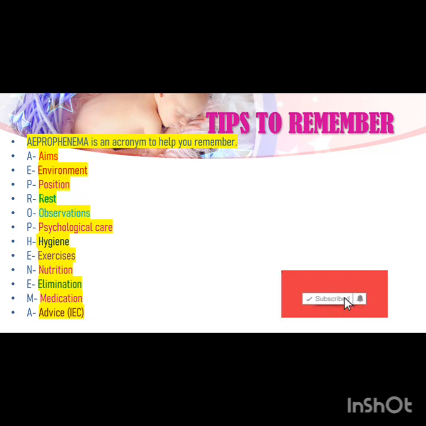Now you should remember that with this acronym, as you are using your prophonema, you should also write it in relation to how many marks the nursing care or nursing management has. Nursing management or nursing care has 35 marks. So even if you are asked to write